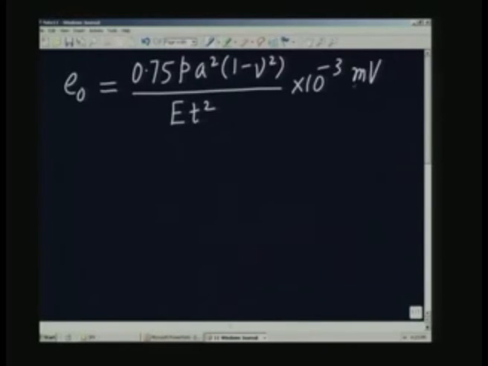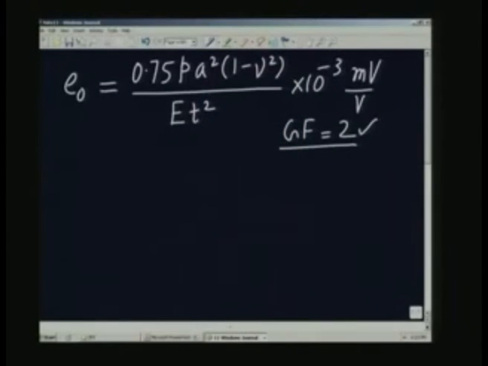So, millivolt per volt. This is one equation which we already gave earlier. This assumes that the gauge factor is 2. The measurement of the displacement is done by using a strain gauge, and the strain gauge has a gauge factor of 2. So, this has nothing to do with the diaphragm we are talking about. This is something to do with the external specification which is already given to us. So, using the given data, what I can do is solve for the